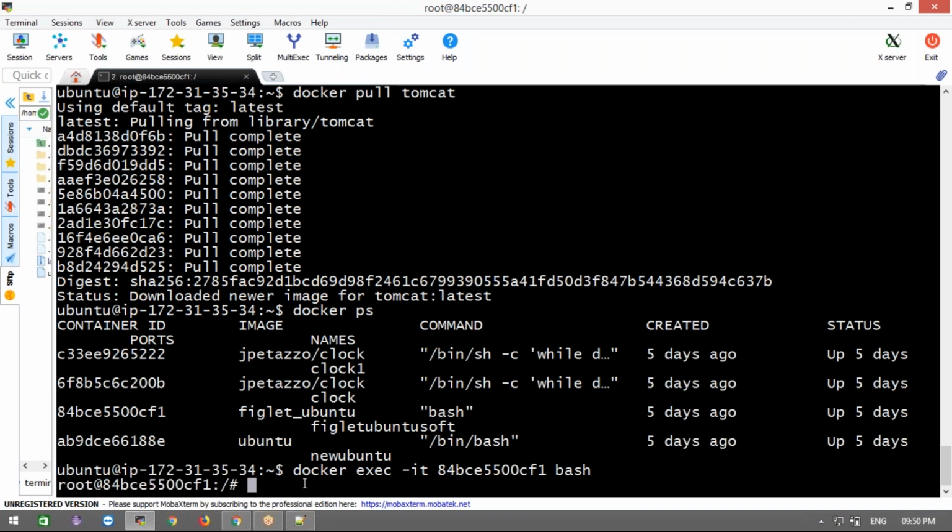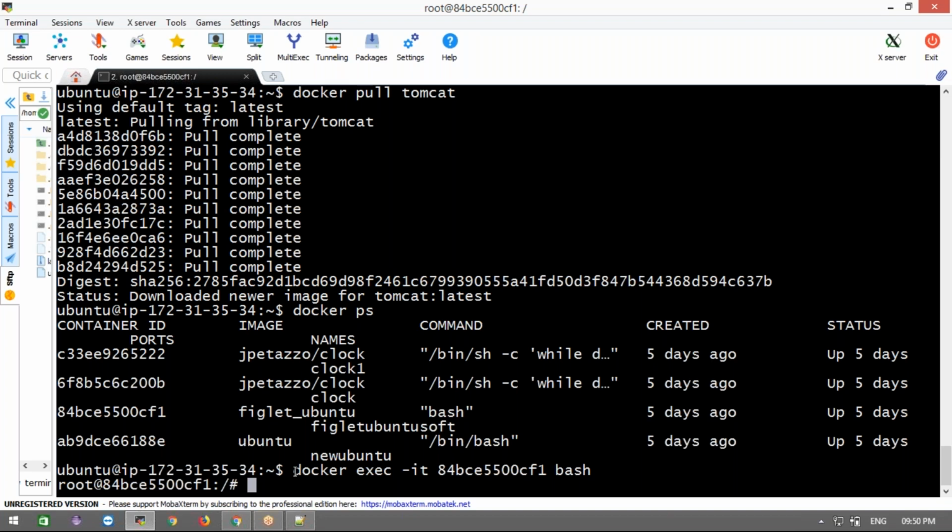If you want to log in to a running container, how are we going to do it? Docker exec. This is a very important command. We are going to use it in real time, most of the time. If there are already hundreds of containers running on one machine and you want to go into a particular container, to see whether some configuration is modified or not, whether the container is writing the logs or not, or whether some crontab is configured or not, if you want to check those kinds of things, we need to go inside the container.